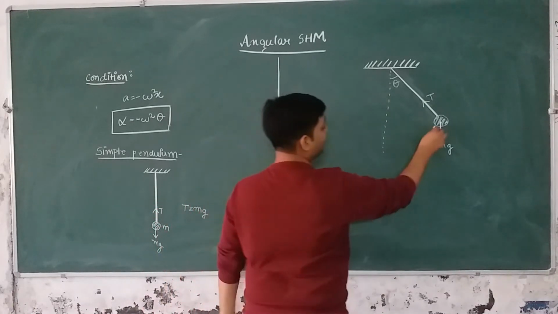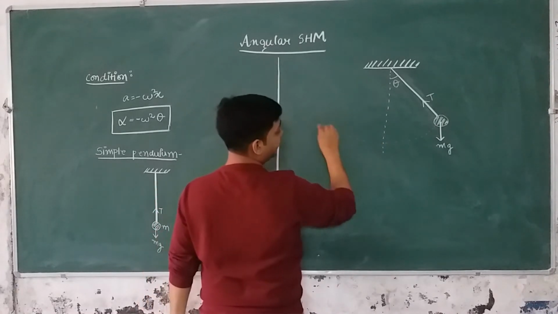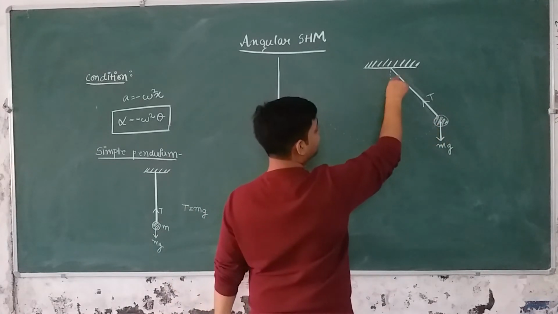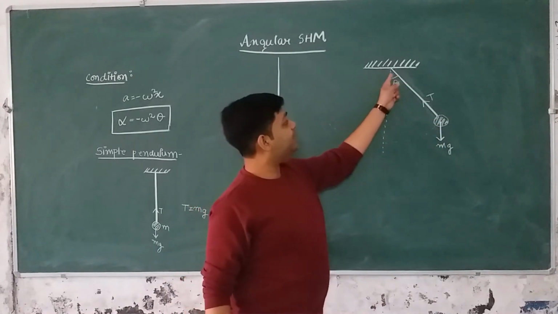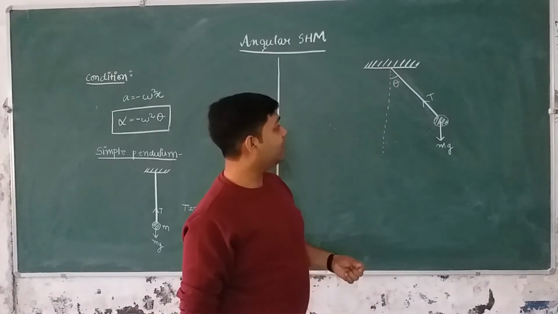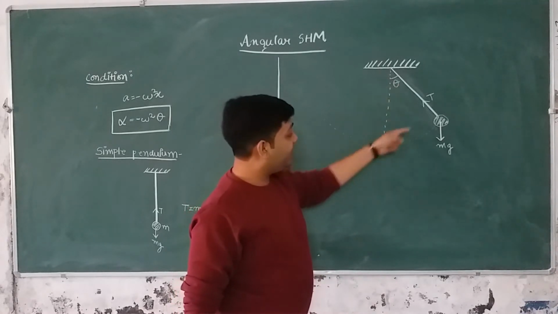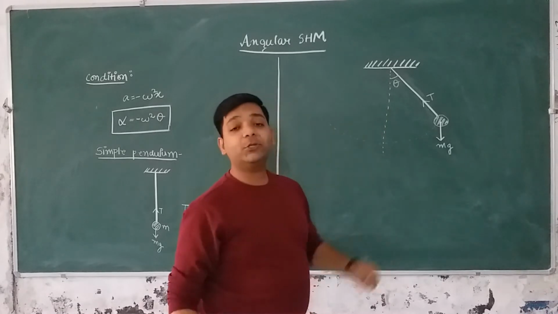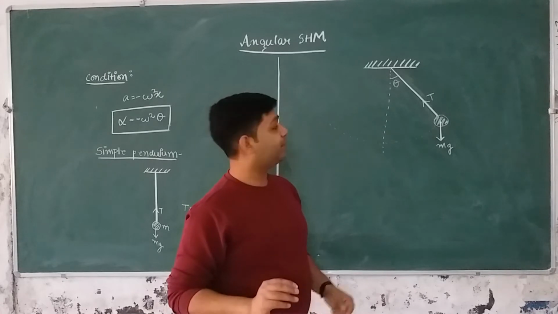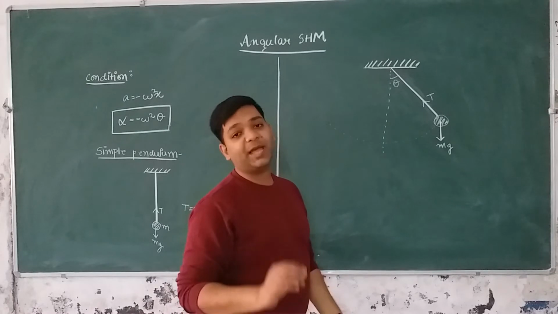Now because the motion of the bob will be like this, on this path, it is performing some angular movement, meaning it is subtending some angle at this fixed point. So I want to know what the forces are, because it is performing some angular movement, so there must be some torque acting on it. We have learned this in our previous chapters. Because it is performing some angular movement, it must have some torque.